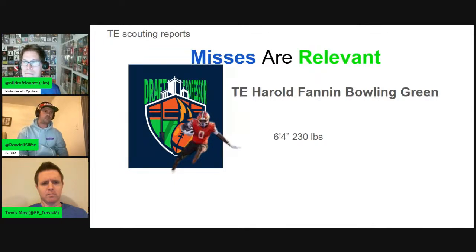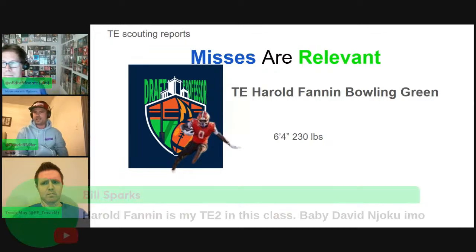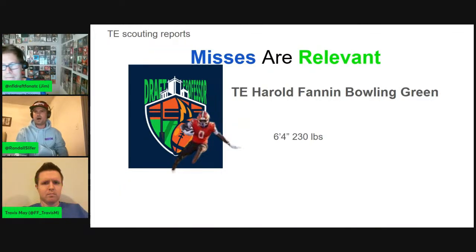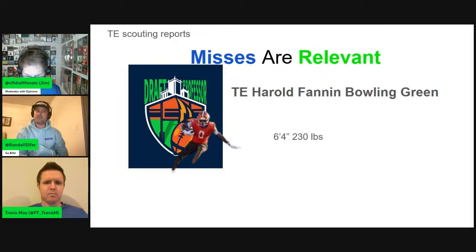His big thing probably is blocking. He's not a great blocker. He doesn't really need to be used in blocking in the NFL, in my opinion. If we're looking at 12 personnel, you can have one person that's a better blocker, one that's a catcher sort of thing. So I'm kind of good with that.